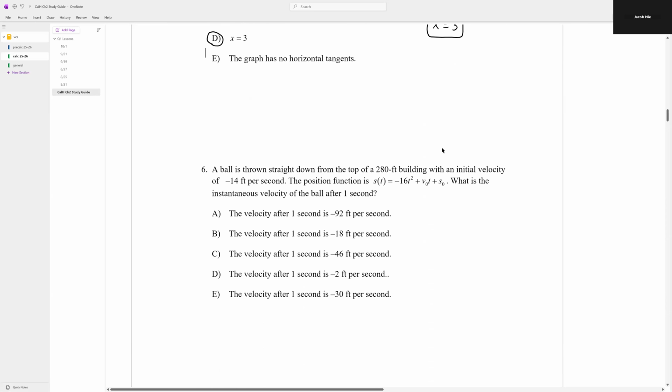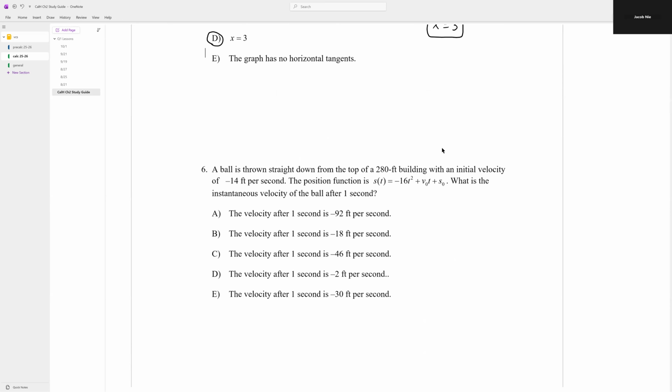Question 6. A ball is thrown straight down from the top of a 280-foot building with an initial velocity of negative 14 feet per second. The position function is s of t equals negative 16t squared plus v naught t plus s naught. What is the instantaneous velocity of the ball after 1 second? So this looks like a complicated question,